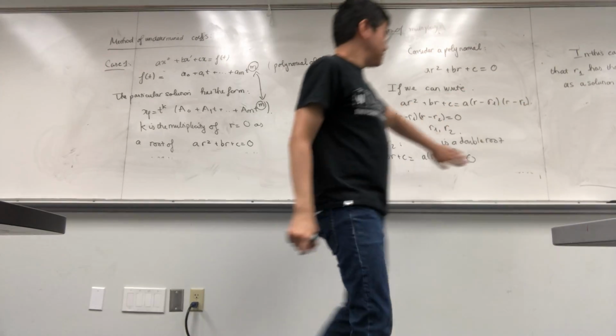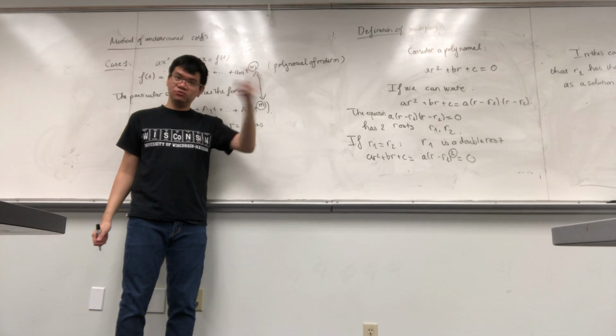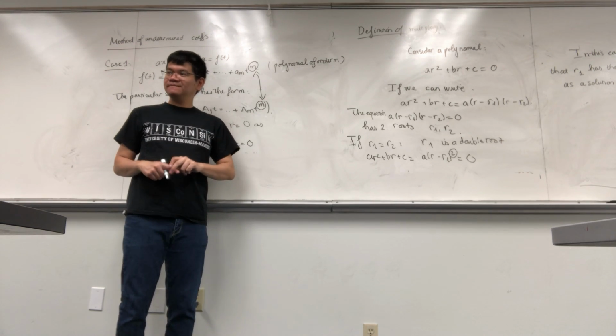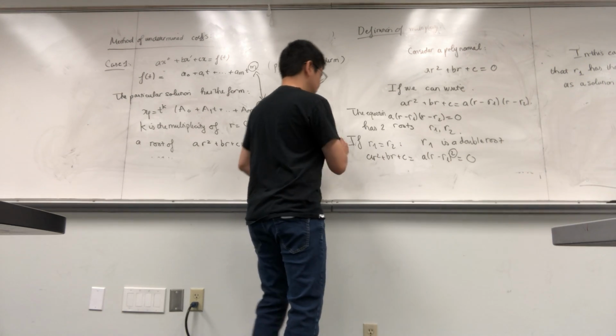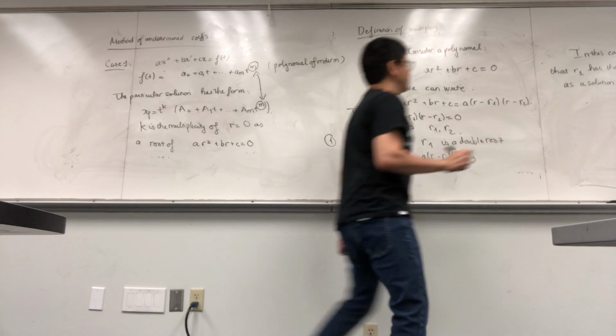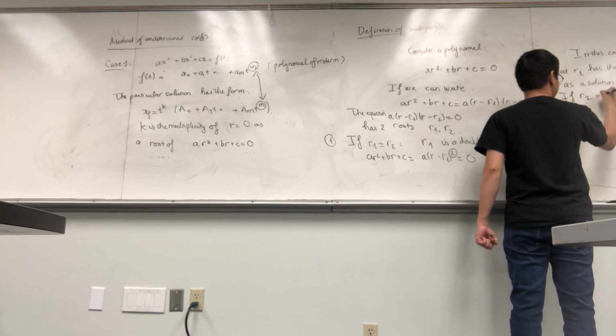Because this is a double root, the multiplicity of R1 is 2. So this is case number 1. Case number 2, if R1 is different from